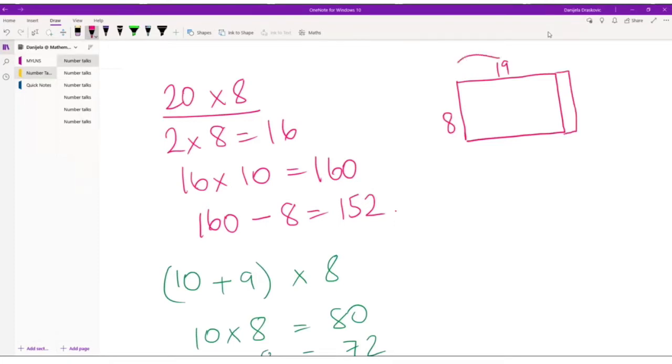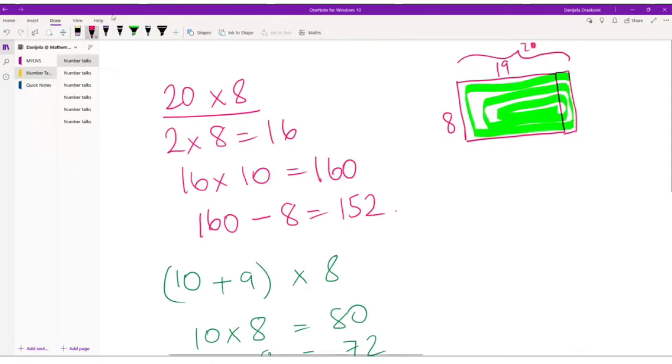I'm going to make that 20 times 8. Oops, that's a 20, by the way. And so the answer to that area, the whole total area here, and I'm not very good at using this software, so I'm a bit messy with it, but you'll forgive me, is 160. And then you had to subtract